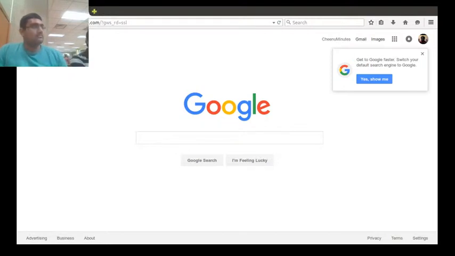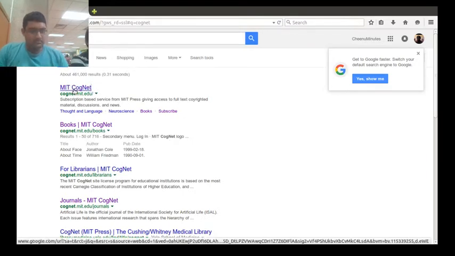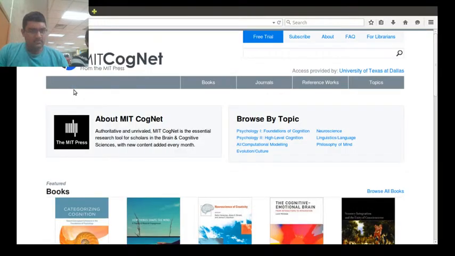So let's get started. The site we will be looking at today is called Cognet. I would like you to search for the website, please. All right. So, how was searching for the website? Since you just mentioned the word Cognet as the key word, I figured I'd put that in the search engine and see what it's about. And somehow, just using my intuition and common sense, on the first link that said MIT Cognet, I felt that was the site we had to go to.